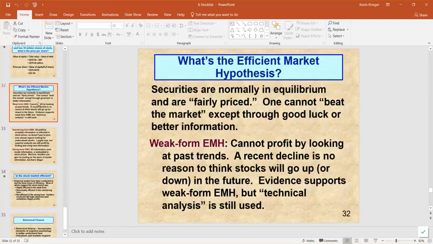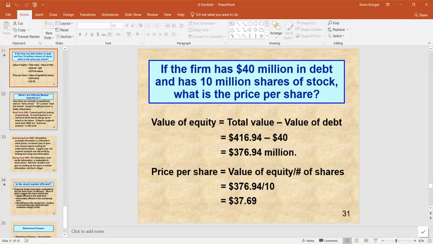A couple things about efficient markets. This is a big personal area of interest to me, so I can talk ears about this, but just some ideas for the book. I usually have some concept question stuff that I green light for graded items about the efficient market hypothesis. It's the idea that prices are fair, or they're in equilibrium. That is to say that if I come up with a price of $37.69 and it's all based on completely true